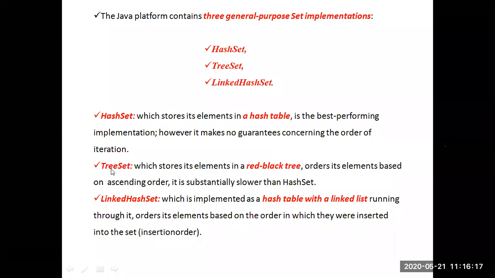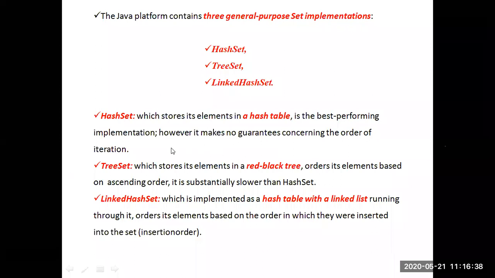So when we are creating a set using TreeSet, the elements will be stored in the ascending order. When we are creating a set using the TreeSet class, internally the elements will be automatically ordered in the ascending order. In any order you have given, they will be ordered in the ascending order. It will rearrange the elements to form the ascending order automatically.